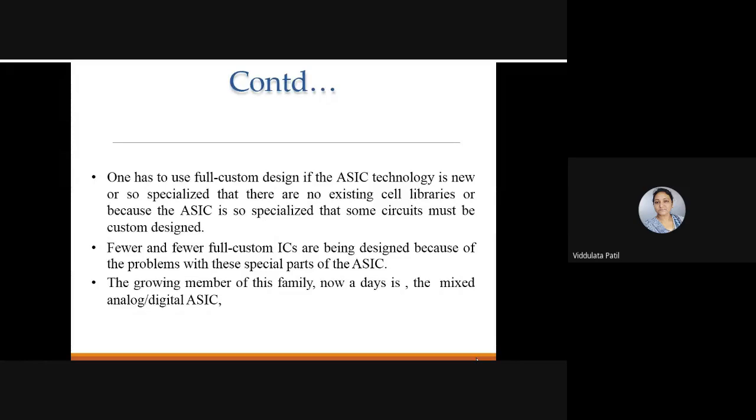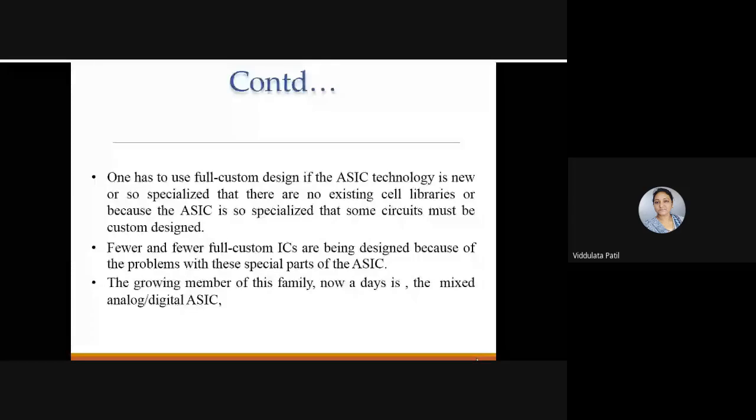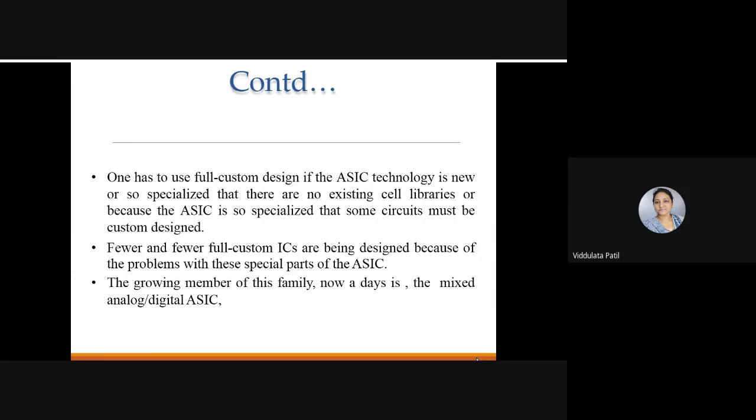Fewer and fewer full custom ICs are being designed because of the problems with these special parts of ASIC. The growing member of this family nowadays is the mixed analog or digital ASIC. Mixed analog and digital ASICs. Okay. So here,